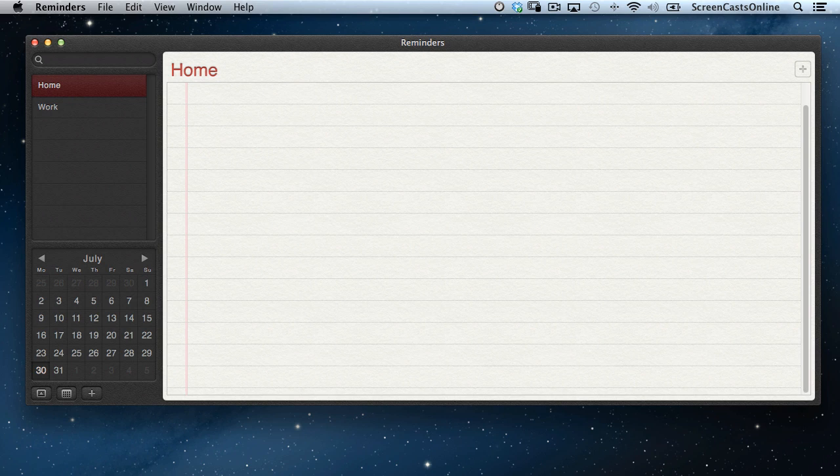And also if I create it on my iPad or iPhone, it will appear on my Mac. Now what I'm going to do is just create a simple reminder that is going to appear within Notification Center. So the time's around about, let's see, it's 11:35. I'm going to create a reminder for 11:37. If I go to the little plus icon, add a reminder, boil an egg,